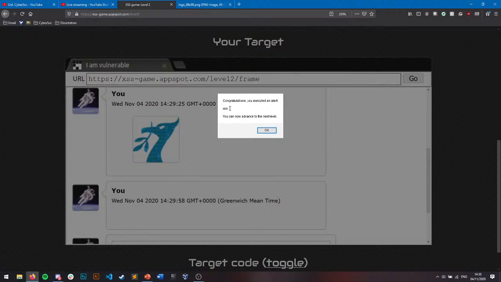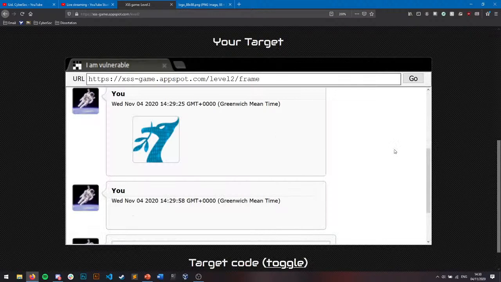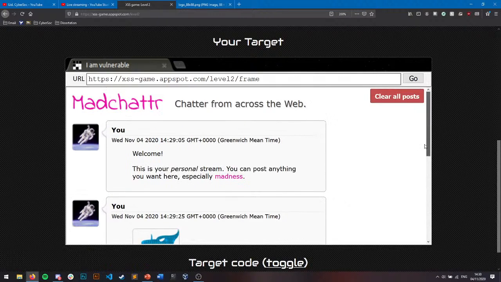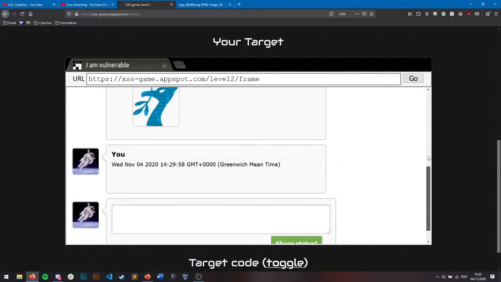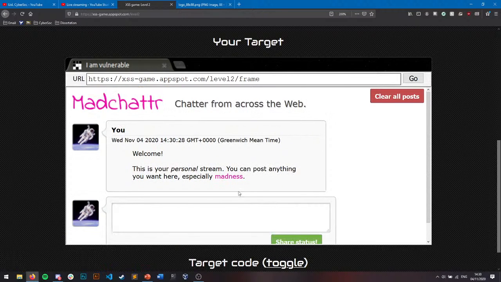And this is because we aren't blocking image tags. In old forums you could specify HTML in your posts, so they wouldn't block something like an image tag because it's expected and valid behavior. But it's obvious that there's no image there. So if you're trying to keep this somewhere, it will be obvious that it's not what it should be and it'll probably be deleted. But what if we take that again a step further, give it a valid image,